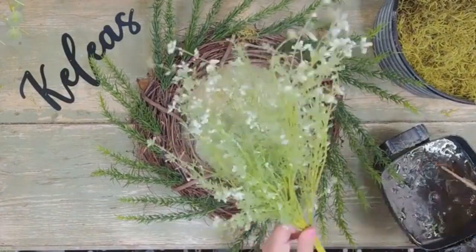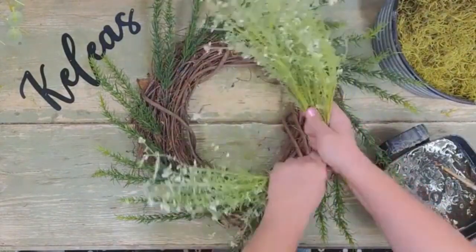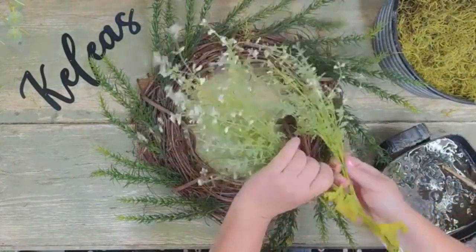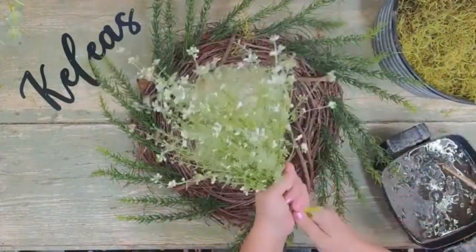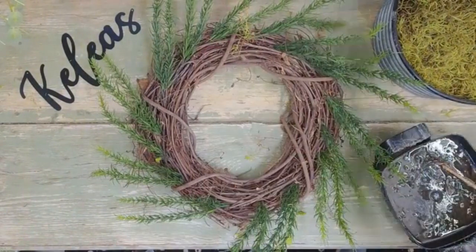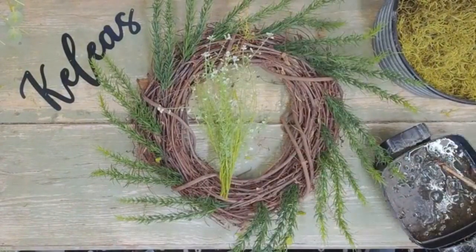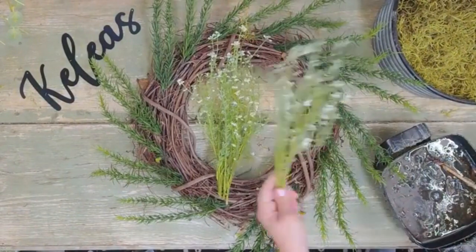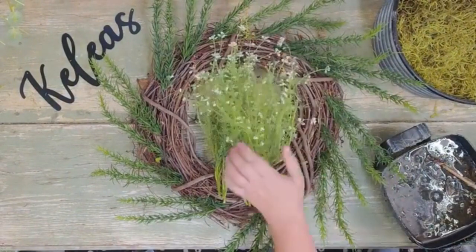So we're going to take and break these off and trim them nice and neat. Just take and tear this apart, and then once you do that, you can take and trim off the ends. We got to have it nice and neat. And we just want 2-inch stems on here, not very long. Once you do that, you're going to come up with these beautiful pieces just like that. And then with all of these neat trim pieces, we're going to work around and go right in between that